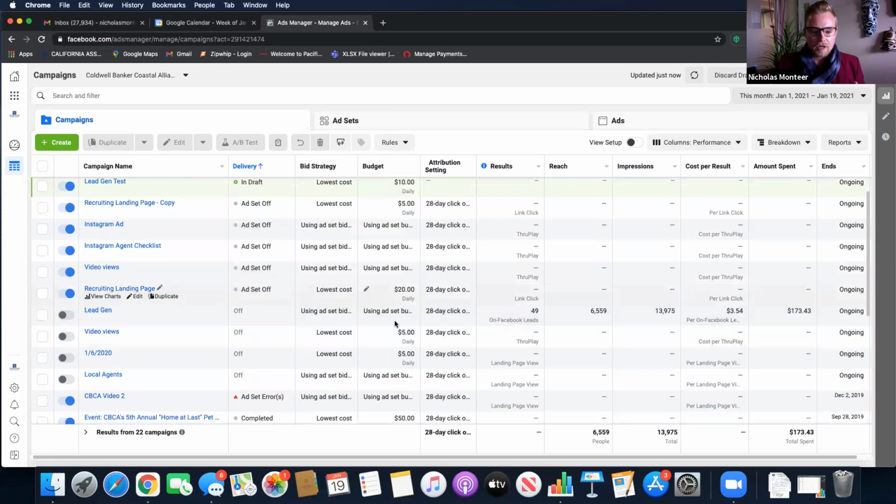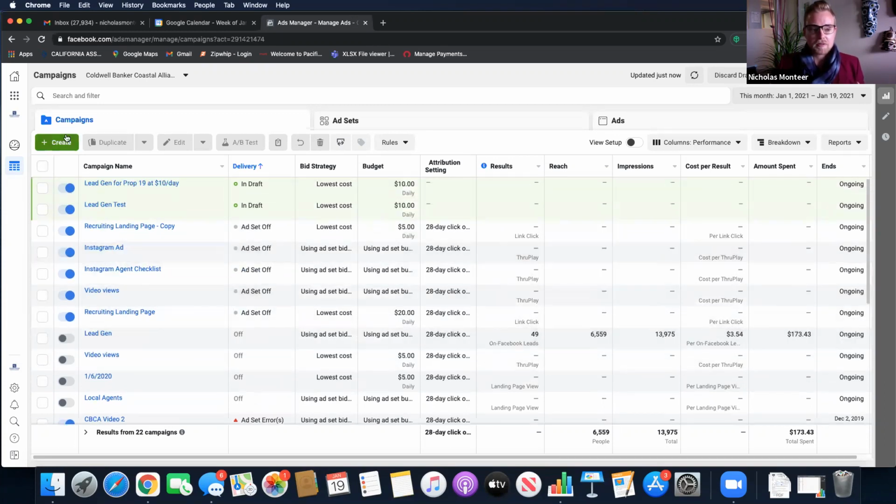All right, so we're gonna go down and we're gonna recreate something similar to this lead gen ad. So what I want you guys to do is find the green button once you're back here. Remember, we got here just by clicking Ads Manager. That's all we did. And we're gonna hit Create on the green button.